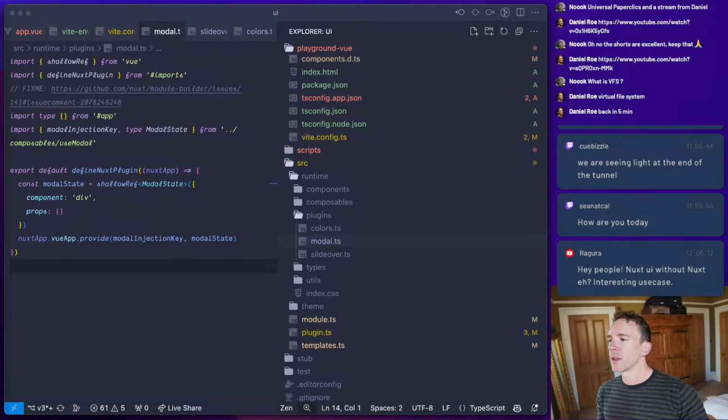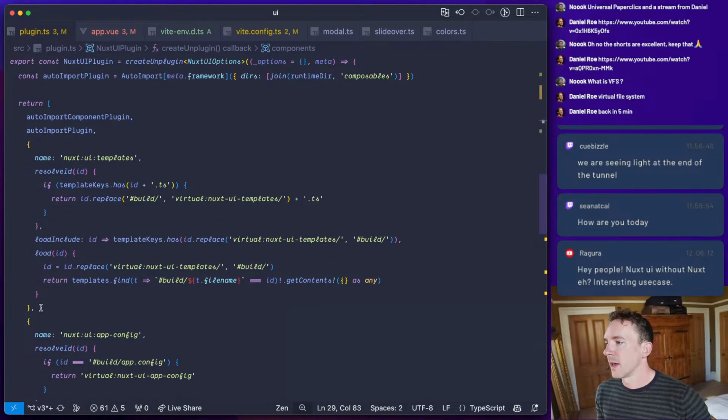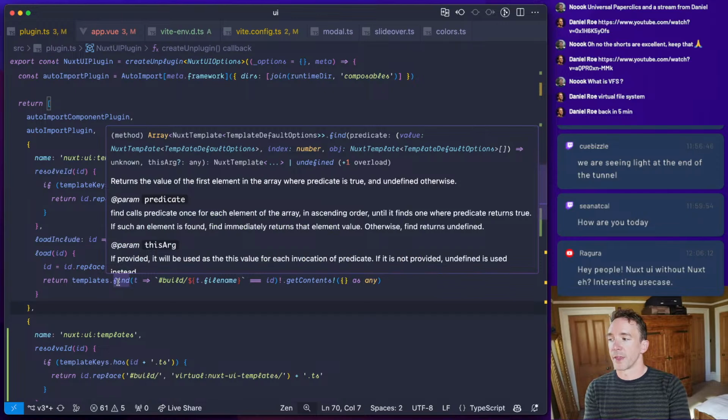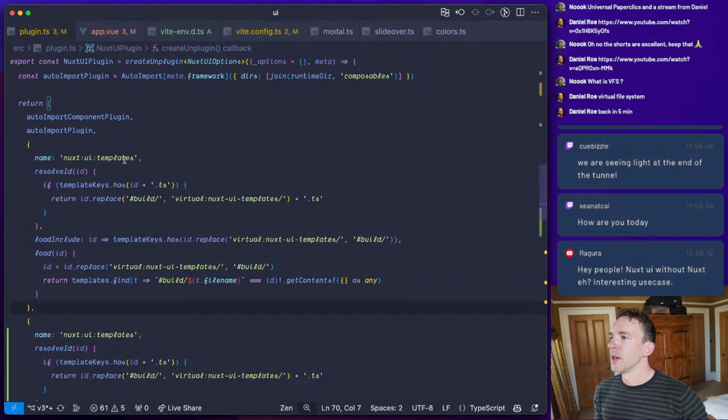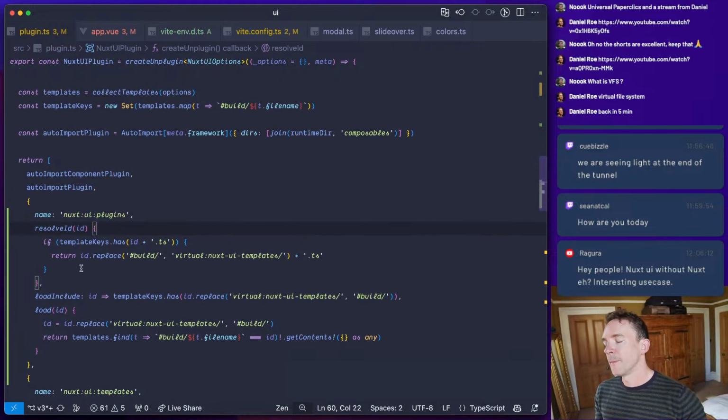Okay, let's go back to plugin and try it like this. So we're going to basically create another plugin. I'm doing this bit mostly to simplify the logic, and we can always combine later. So we're going to call this plugins. And basically we're going to have a virtual file, another virtual file.